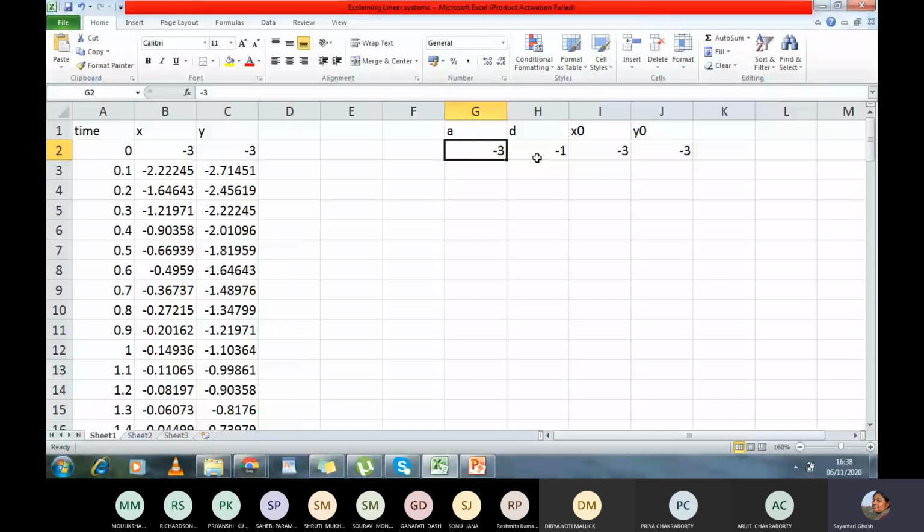My two equations were dx/dt equals ax, and dy/dt equals minus y. That is the first step. Next, the matrix was A, 0, 0, -1. There was no y term in the dx/dt equation and no x term in the dy/dt equation. The solutions are quite simple: x is x0 e to the power a times t, and y is y0 e to the power -1 times t. Up to this we were convinced.